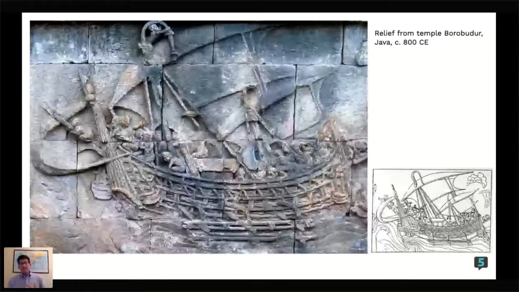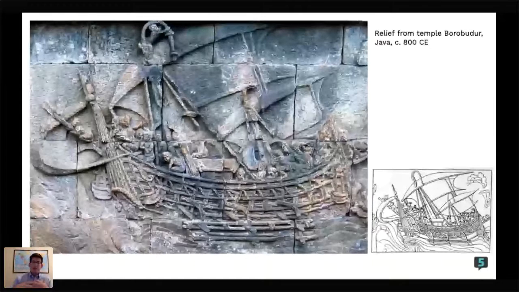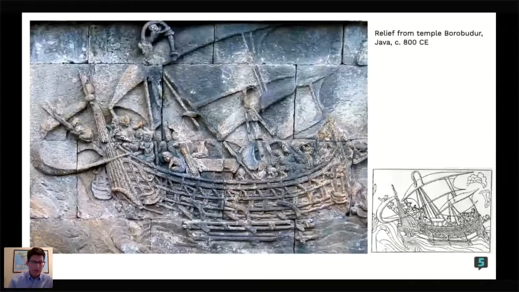Let's take a look here at another image that I wanted to share with you. If we think about trade in the Indian Ocean, and I said this was a dominant trade network during the post-classical era, even from before this time period officially starts in the year 1200 or what have you, right? If we think about time period 0, everything before, trade was occurring in the Indian Ocean. It was described by the Greco-Egyptian merchant earlier that we saw.